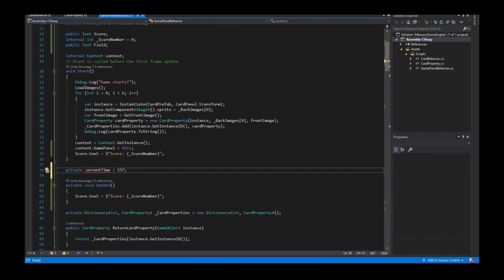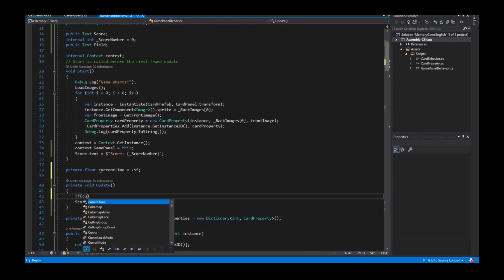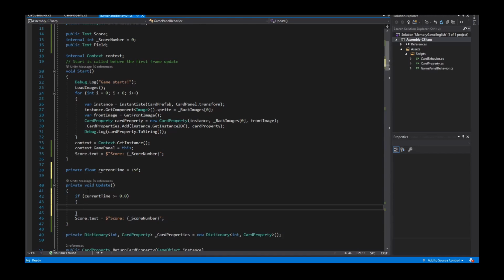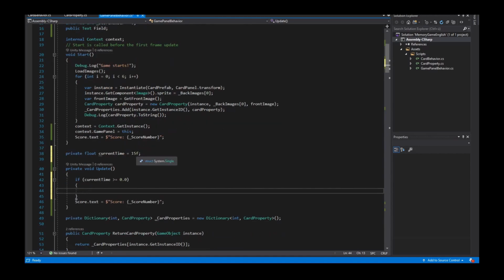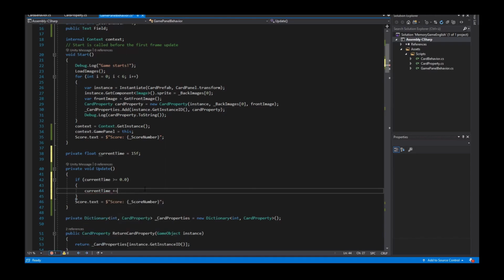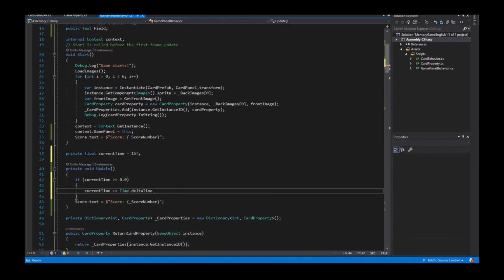So 15 seconds. And if the current time is greater than or equal to 0.0, so I have to decrease this time value. So I say current time minus is, and I use the time object delta time,